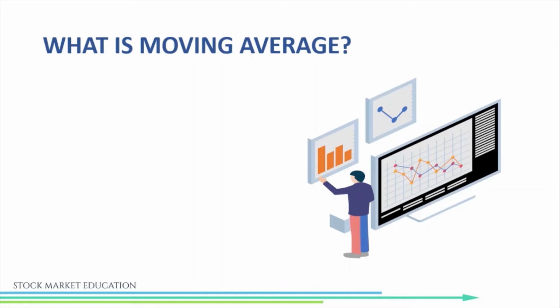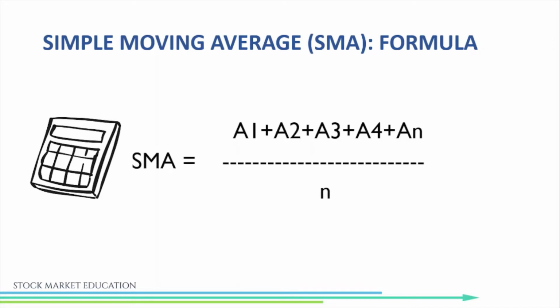So what is a moving average? A moving average is basically a simple formula by which we calculate the average. Suppose we want to calculate a 10 days average closing price. What you will do, you will take the 10 days closing price and then you will sum up all those numbers and divide it by 10. So that is how we get this simple moving average. And just by joining the closing of the last 10 candles, we can get the 10 moving average, or if we sum up last 20 candles, we'll get 20 moving average, and so on and so forth. So the number really doesn't matter.